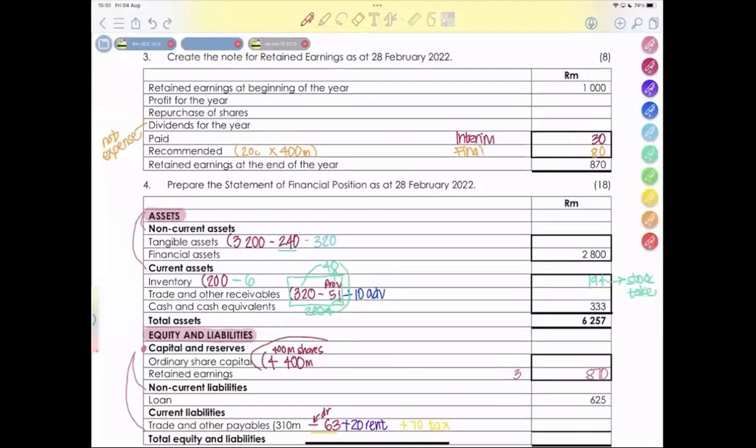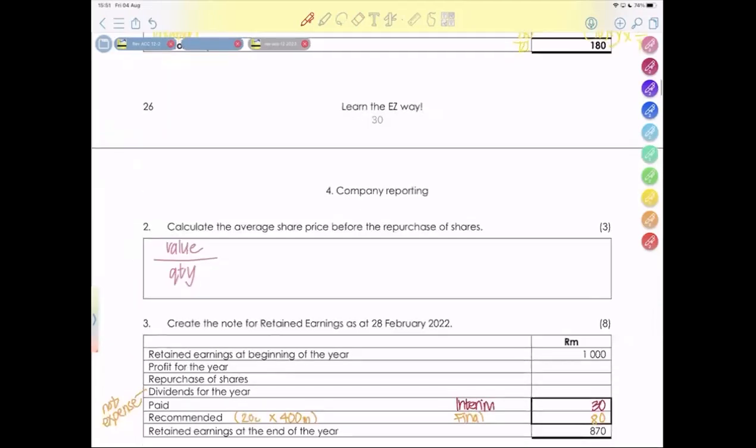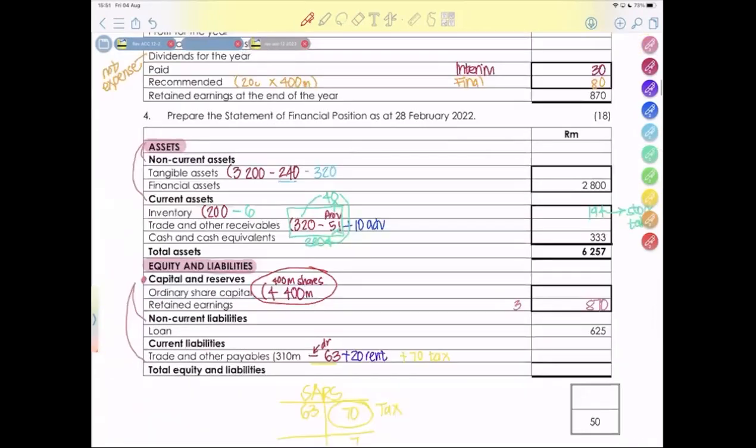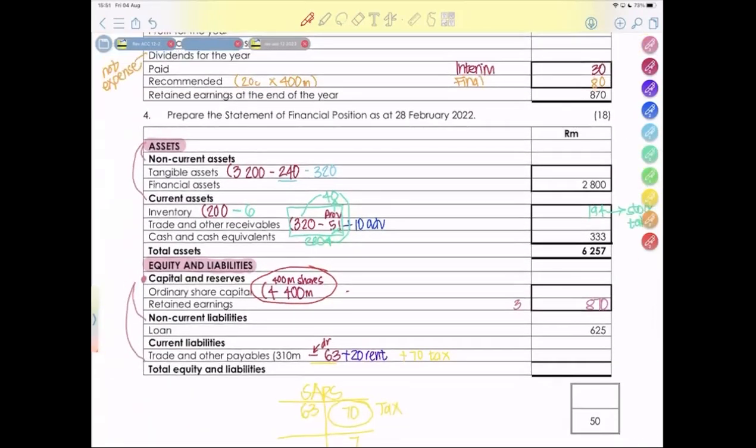Go and have a look over here at what you've got. And now you can see why I put the number of shares in there. That can then be used to calculate your average share price as 4,400 million rand over 400 million shares to get 11 rand per share. Once you've got that, you can then remove that amount from the ordinary share capital. So you would take out 50 million shares at 11 rand each, which is going to give you